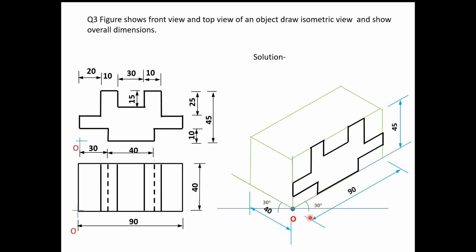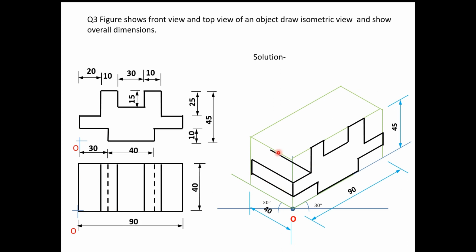Now, what is the top view? In the top view, what can we see? We can see this edge, this edge, this edge, this edge, this edge. These are the visible edges. This bottom corner is not visible, so it is dotted. So which edges are visible that we are going to draw? First I will draw this edge, then this. So this is completed.